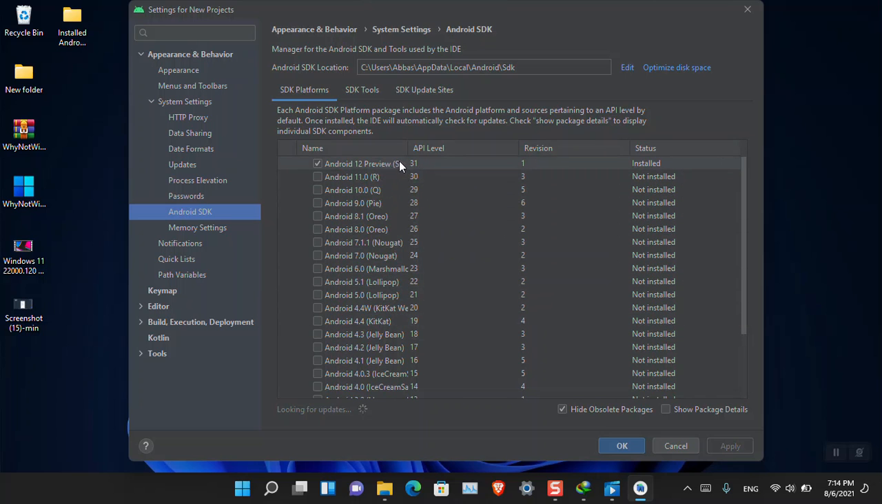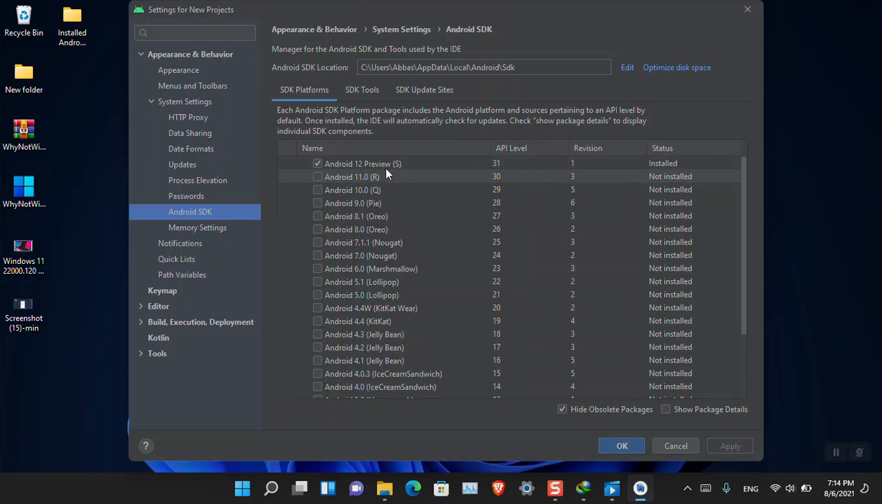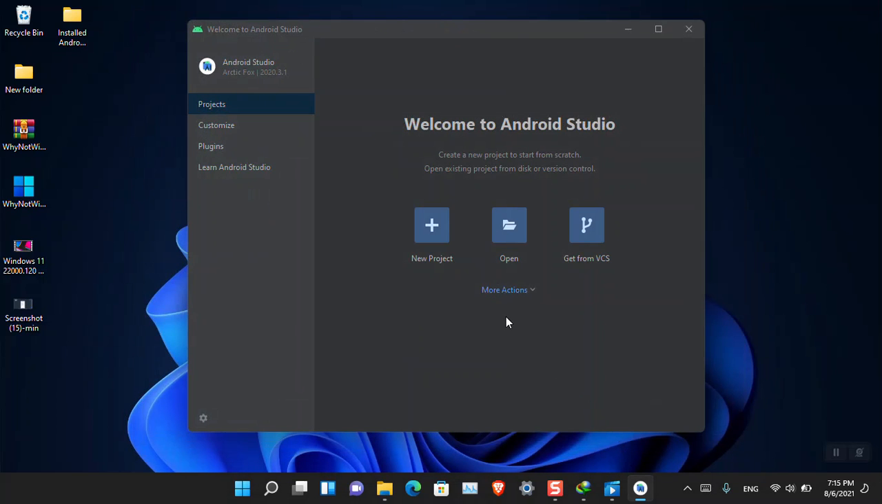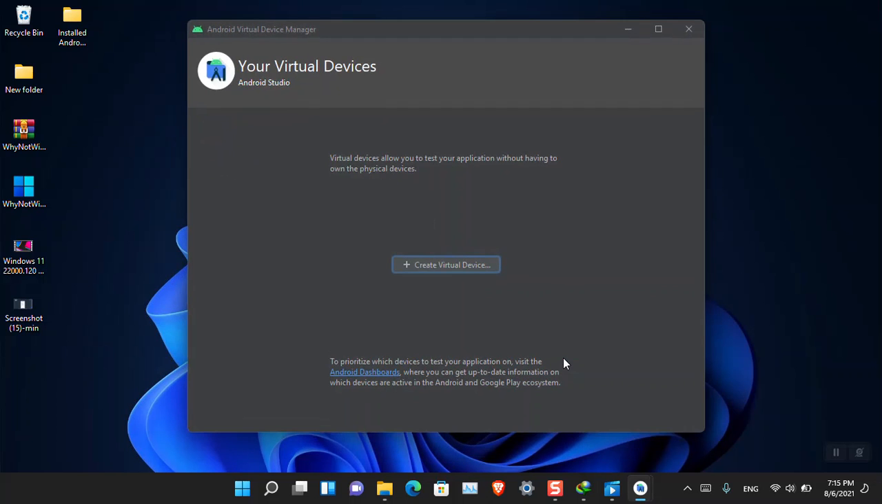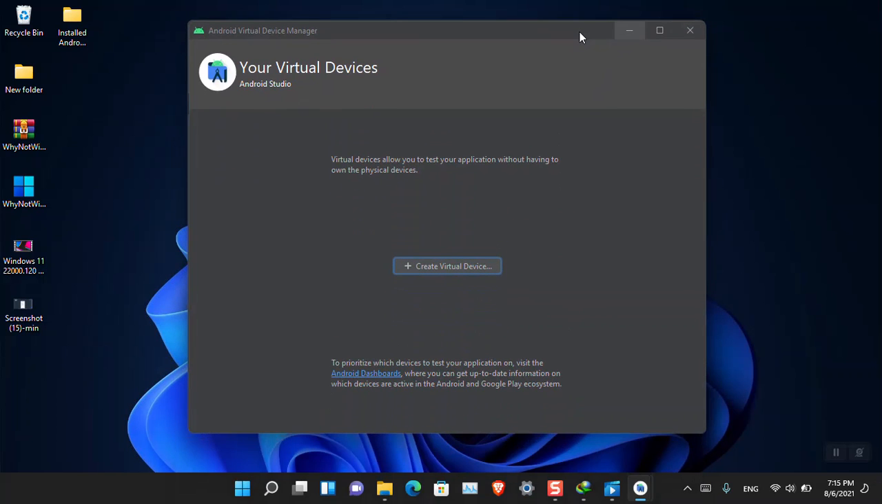So you can see that at the moment it is in the preview version, and good thing is that it is already installed on the PC. So I'm not going to install anything else, just simply click OK. Click AVD manager, and now choose create virtual device,